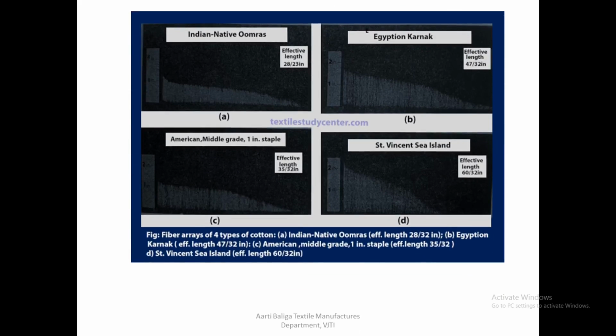So now I want you to take a look at the different kinds of Baer sorter or the staple diagrams that you get from different fibers that are originating from different areas. For example, if you have an Indian cotton, an Egyptian, St. Vincent, and American cotton, if you just look at the graphs that the cotton tuft from these particular fibers give you, you will see that they are not the same.